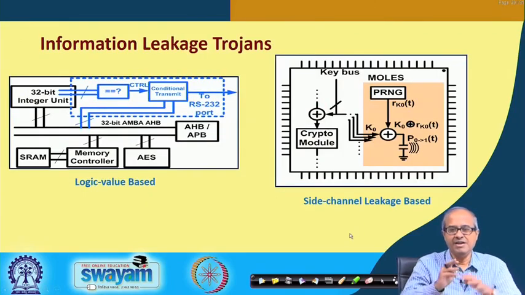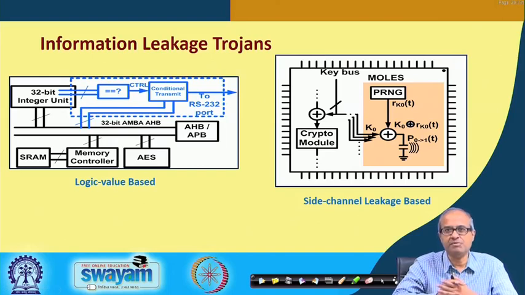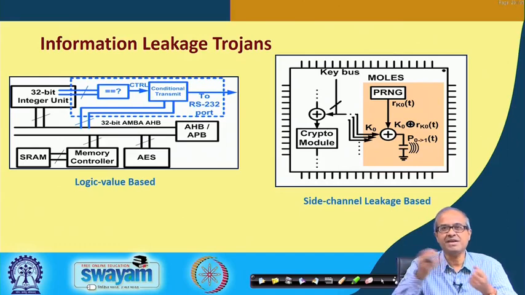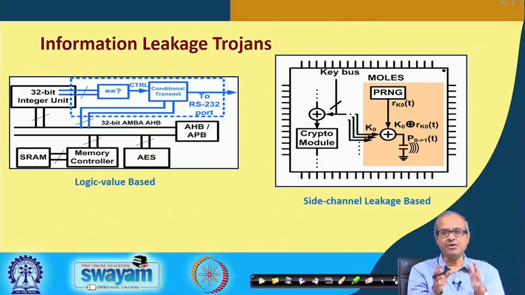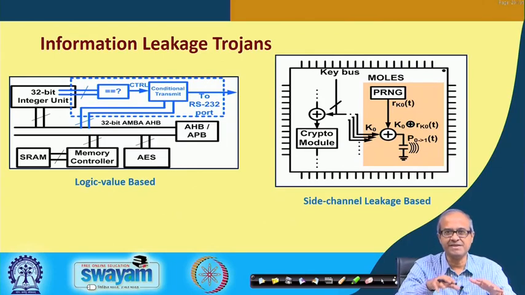Now, more interestingly, because we have already talked about these, there can be another kind of a Trojan which is more dangerous. Like we already talked about side channel attacks. If there is a side channel, something can leak out, and we also have talked about that the designer can try to put in some countermeasures such that this kind of side channel leakages are minimized. We have a side channel resistant design, but suppose let us say, well, mostly the target of this kind of things are cryptographic chips where some security operations are going on.